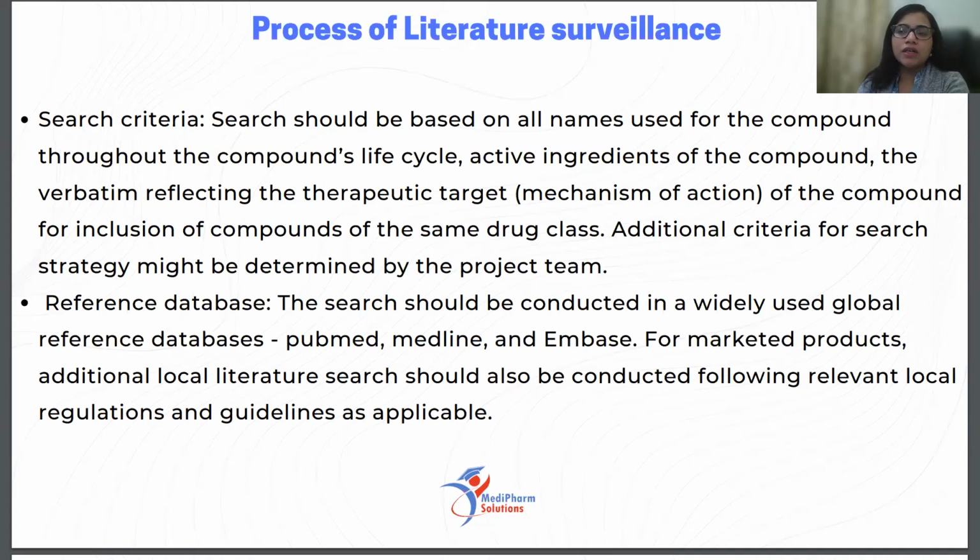But in the case of a literature search, sometimes you will see that 15 patients suffered a heart attack after taking your drug. It's how you read in general, like in the articles, when you search for side effects of acetaminophen or the drug you're taking. When you go into Google and search for some product side effects, you will be able to see some articles based on PubMed, Medline, Embase. There will be some articles you are able to see without any subscription as well. That's basically what you see in literature surveillance as well. Like how they mention, okay, these many patients were involved in the